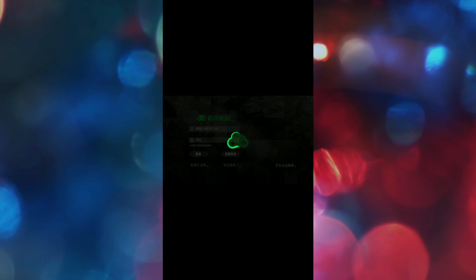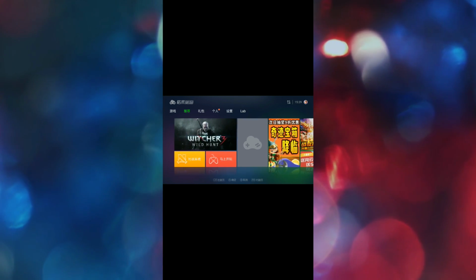And now as you can see, here is the page where you click the right option at the bottom. Here is this option, and click on the right one. And now here is the Xbox emulator. So now I'm going to show you how to play WWE 2K16 with this emulator.